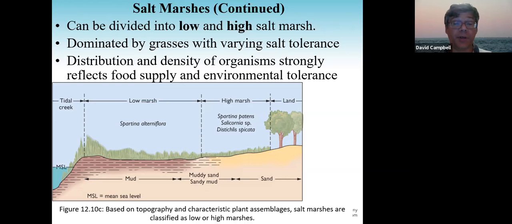And not just the plants, but the other things that live there. There are a variety of animals and so forth. And what you have where? Well, food availability is quite important. And also you've got a range of distinct environmental tolerances. As the diagram here shows, we have a few different types of plants that tend to be in the high